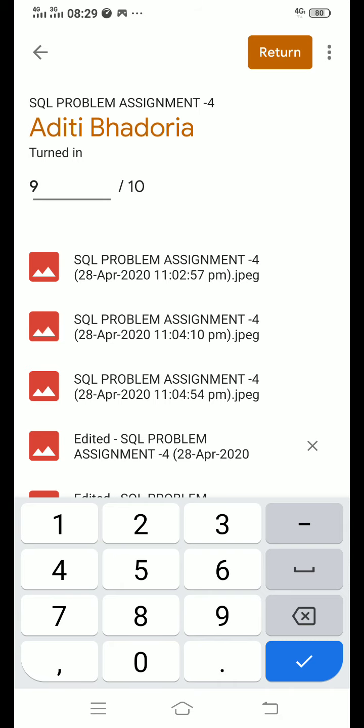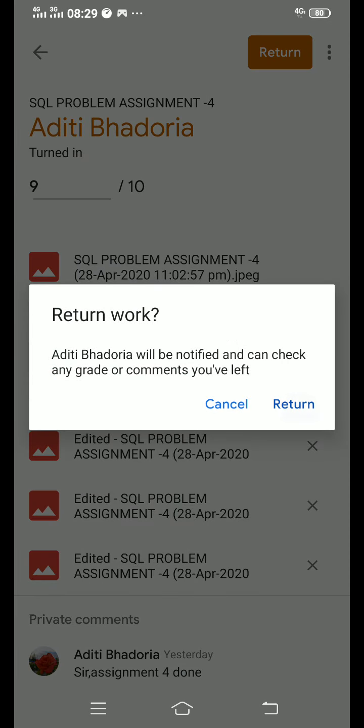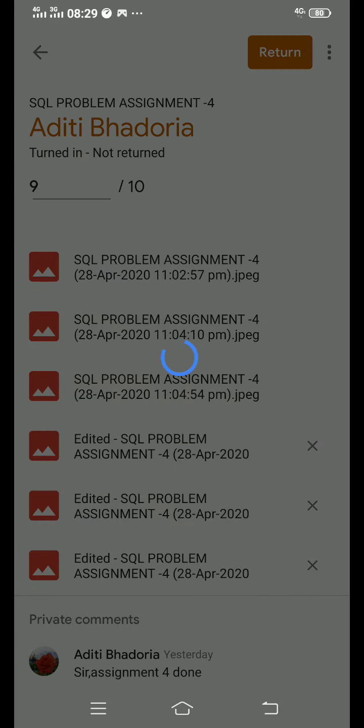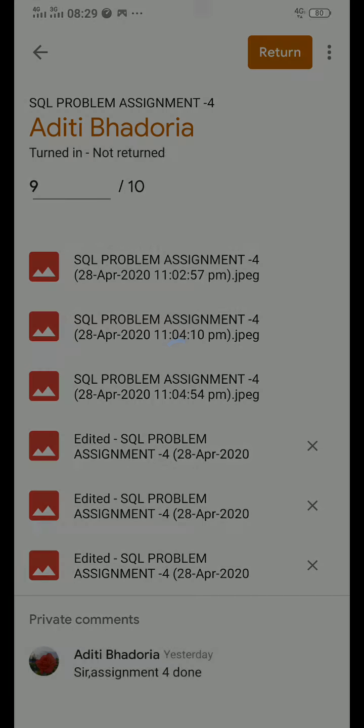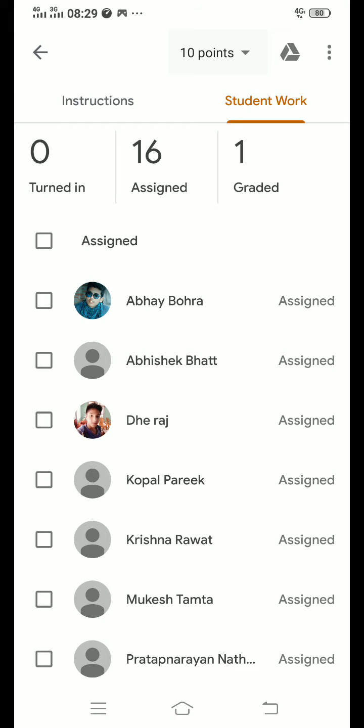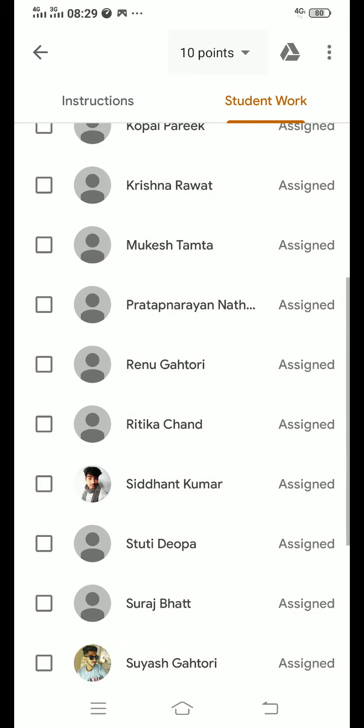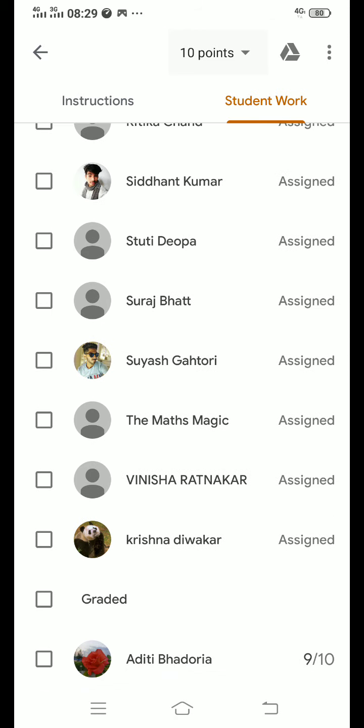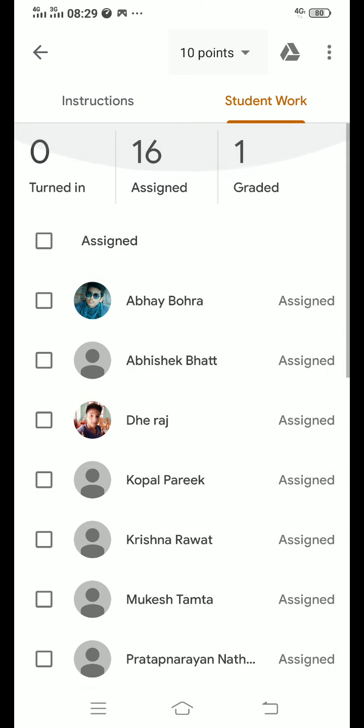After grading I will return it, and the assignment will go back to the student. Here are the students who have not turned in, that means they have not submitted. You can see one student has submitted and I have already graded. Turned in is 1 out of 60 students assigned, and I have graded this one.